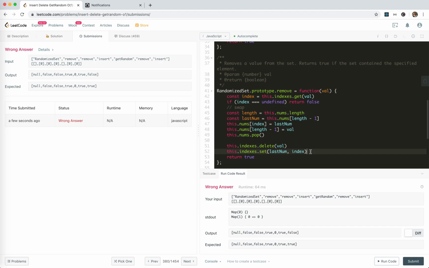I know what happened. So when we remove there, if there is only one element, this actually swapping has a problem, right? Last number actually is the same, so we set to the same. We pop it. This works well,